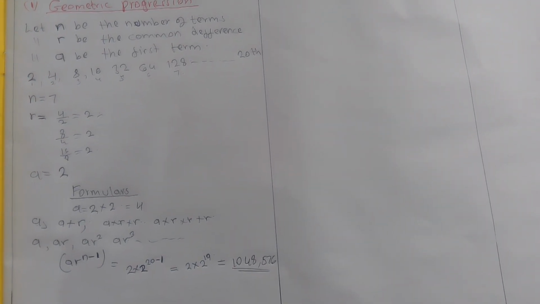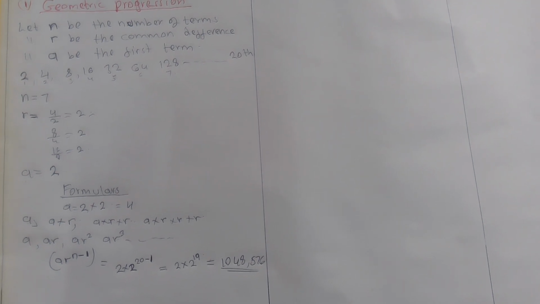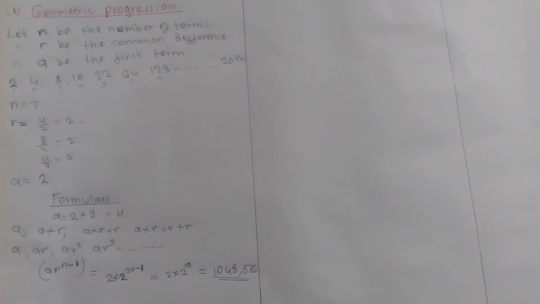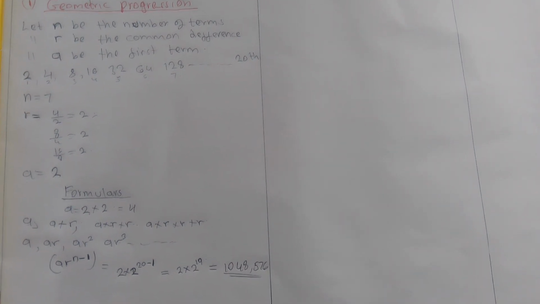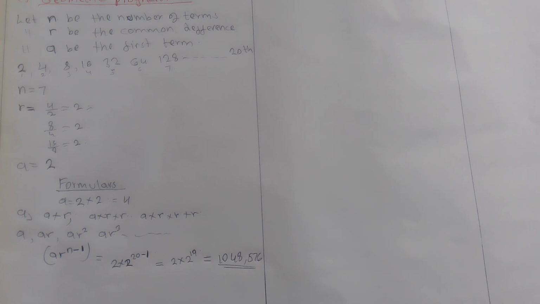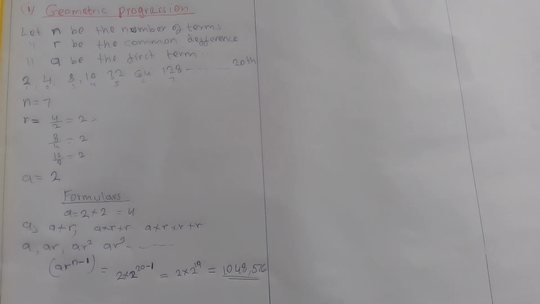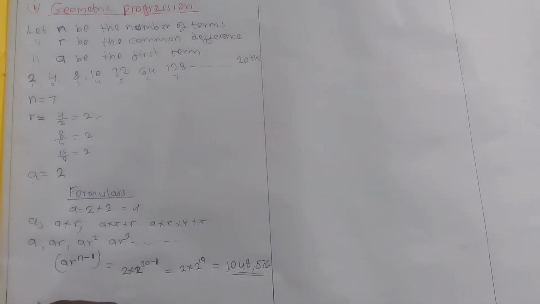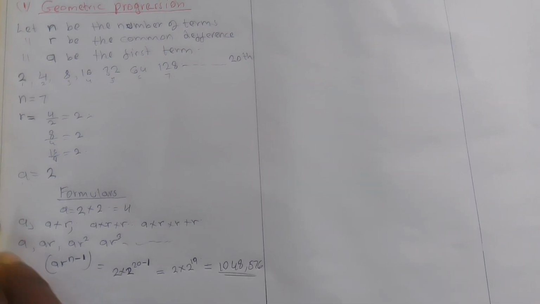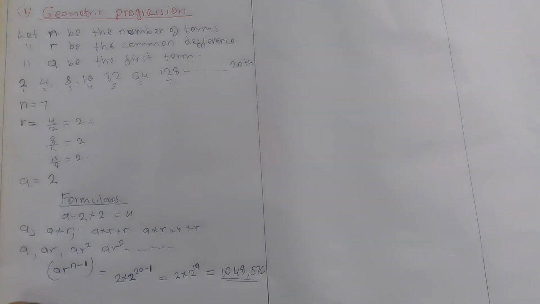So another one, which is also very important, is the sum. The sum of the term. The sum of the nth term. So how can you get the sum of the nth term? The sum of the nth term in a geometric progression is given by, for example, if you take our progression here, the sum